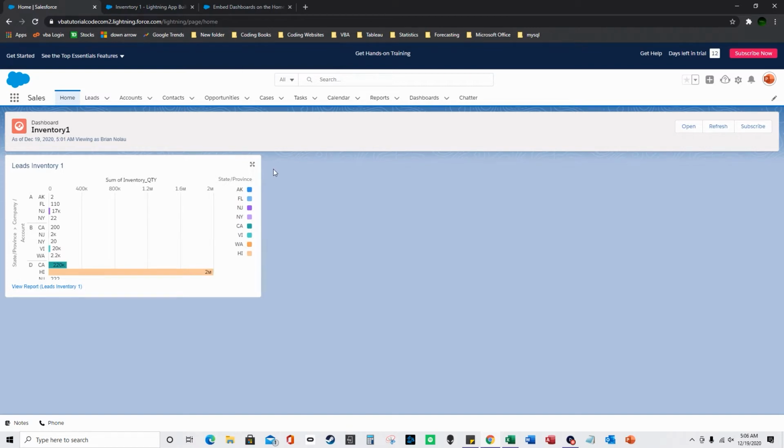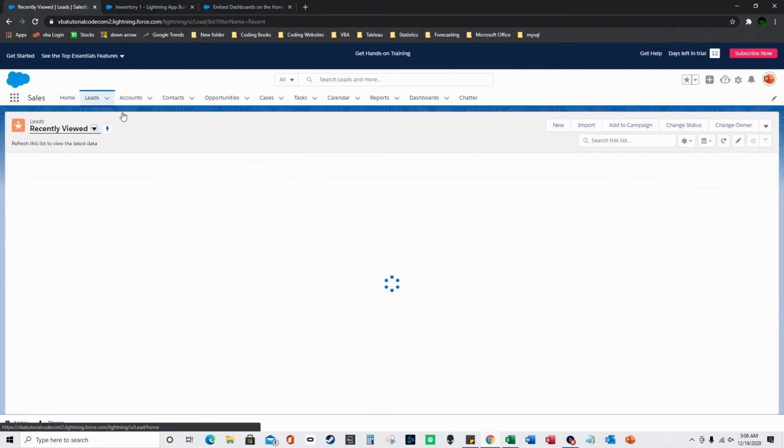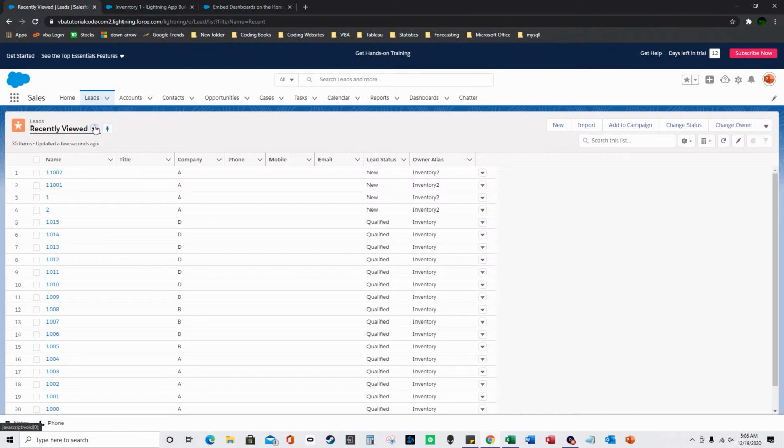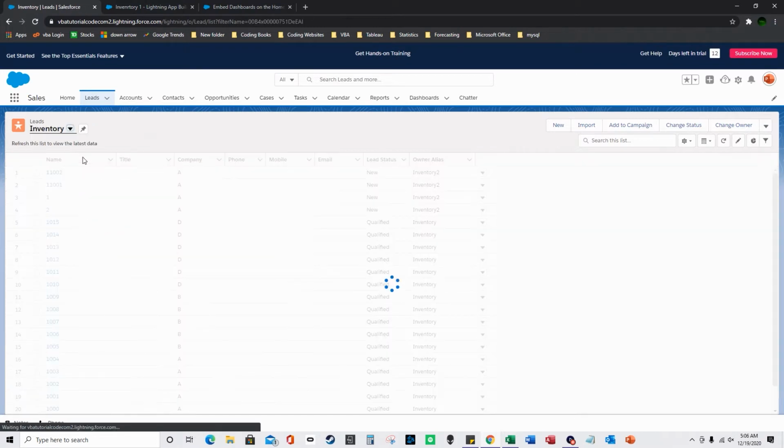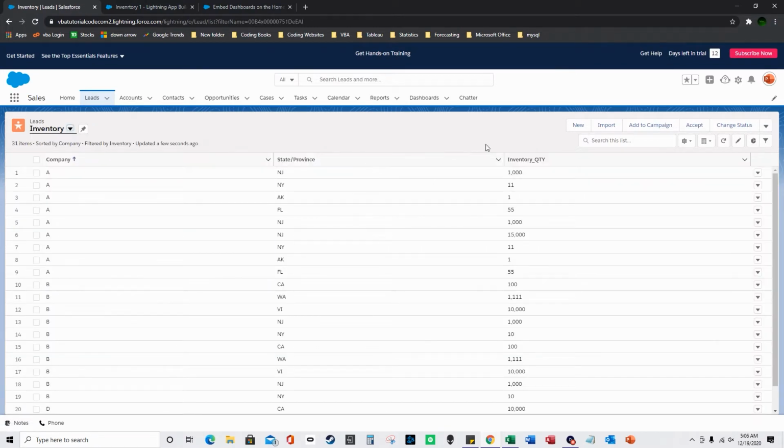I mean, this could also be accomplished with pivot tables if you watch my pivot table video, but I'm going to do it in Salesforce. So the first step is I'm going to go to leads and select inventory. How this is going to work is basically, if you go over here to the gear icon